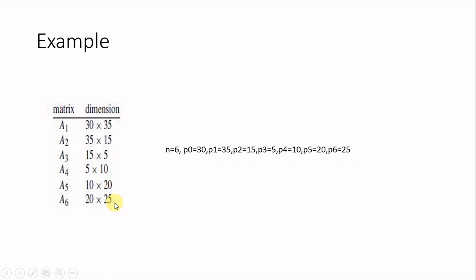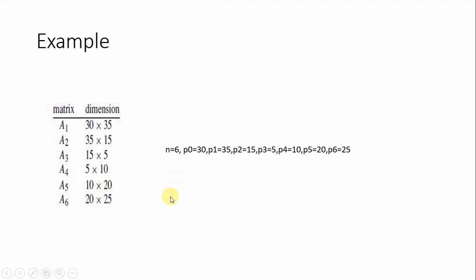And n is equal to length of P minus 1. What is the length of P? It is P0 to P6, so 7 minus 1, n is equal to 6. Or we can say that n is the number of matrices, but our input is just P0 to P6. So algorithmically you can write it like this, length of P minus 1. We are not actually multiplying the matrices. We are trying to find out an order. So we will get only the dimensions of these matrices, not the contents, and we are trying to compute the number of scalar multiplications in each step. So n is equal to 6.